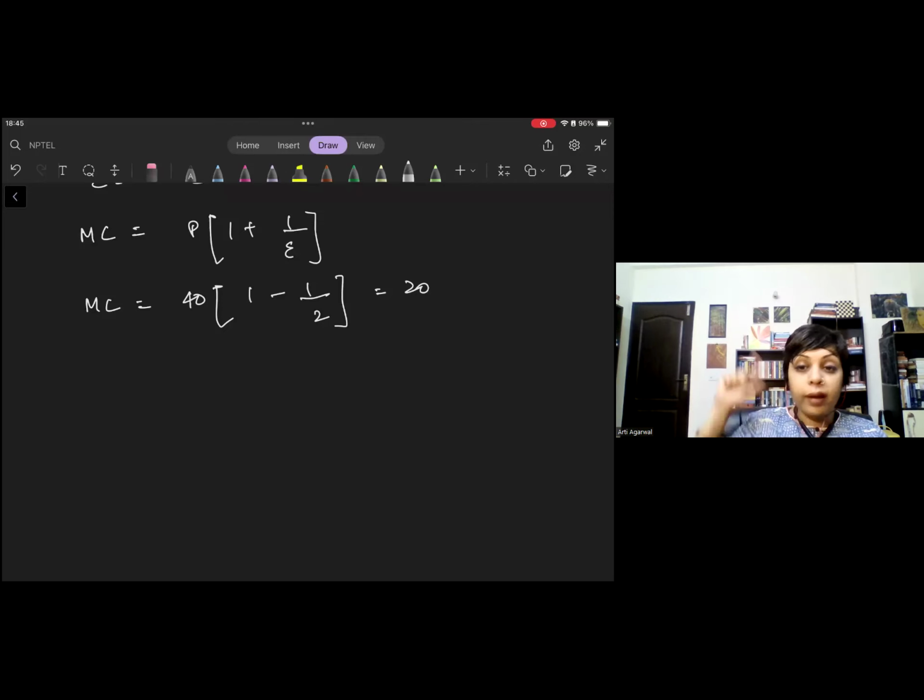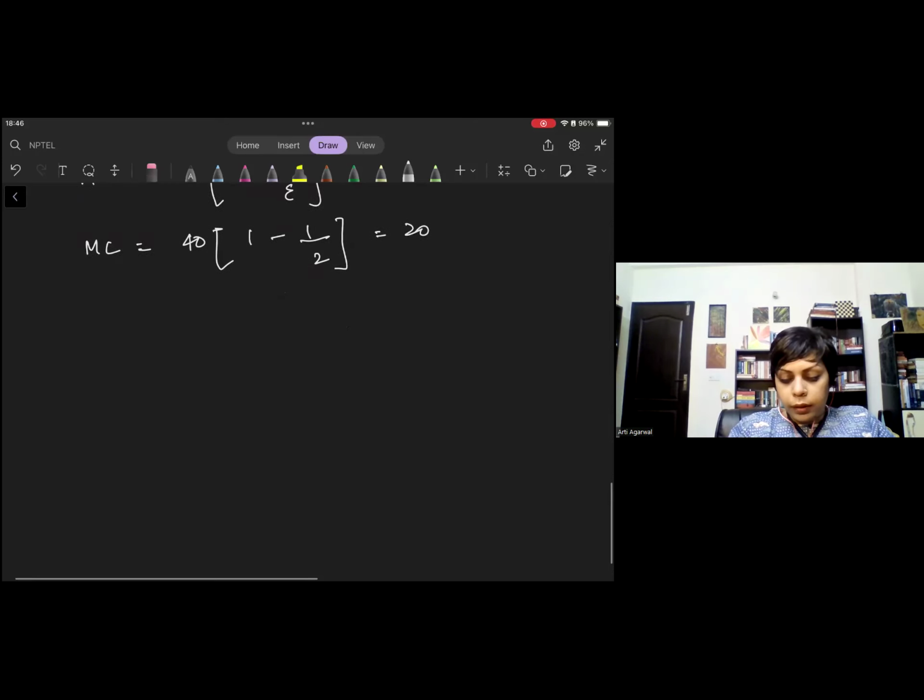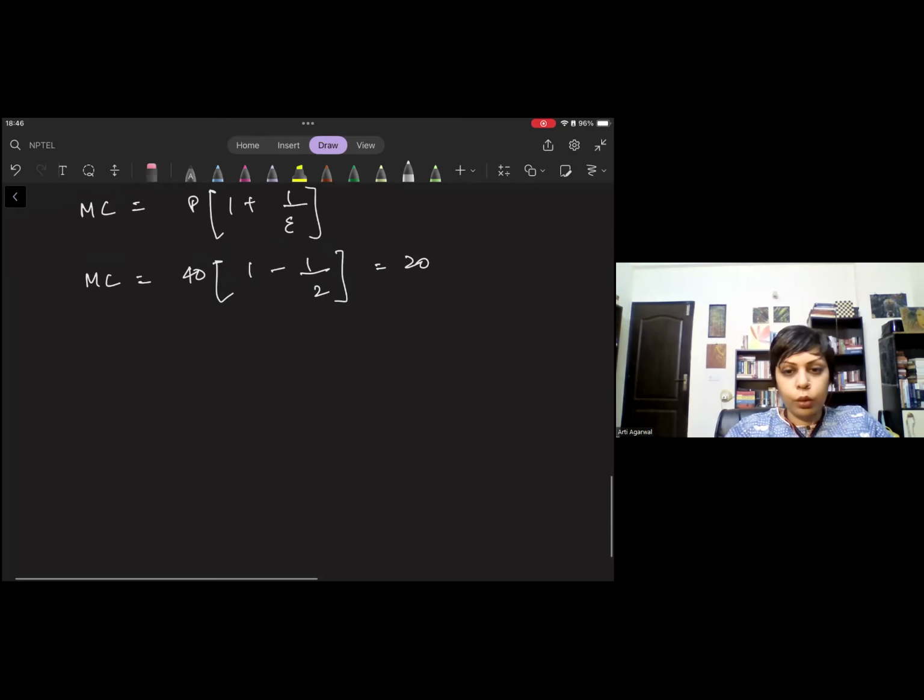You have to remember where it is minus, where it is plus. But if you use it as is and you keep it with the sign when it is given with the sign, as in keep it as negative when it is given as negative, you will not go wrong with that. So yeah, let's move further. The derivation is pretty simple actually. You just have to take total revenue, total cost, differentiate it, and then simplify it to get it like this. But I'll solve it in the break. Let me just continue with this for now.